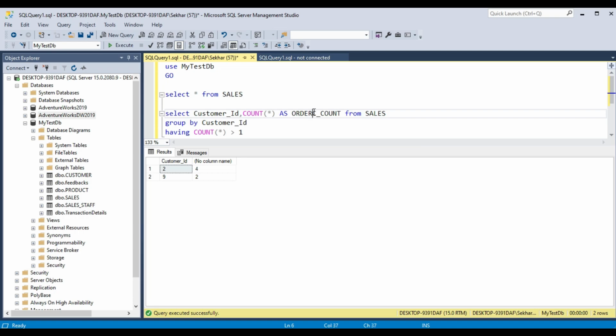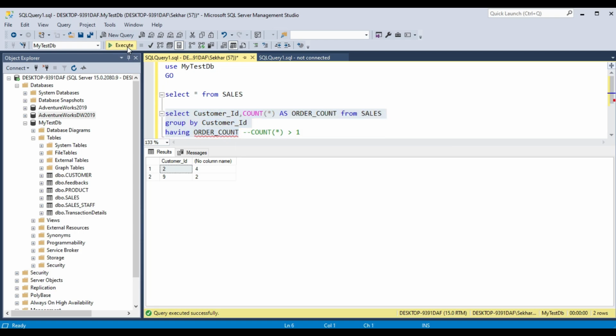So we are giving this alias here. Can we use this alias in our having clause? We'll comment out this count star and use order count. Let's run this query.